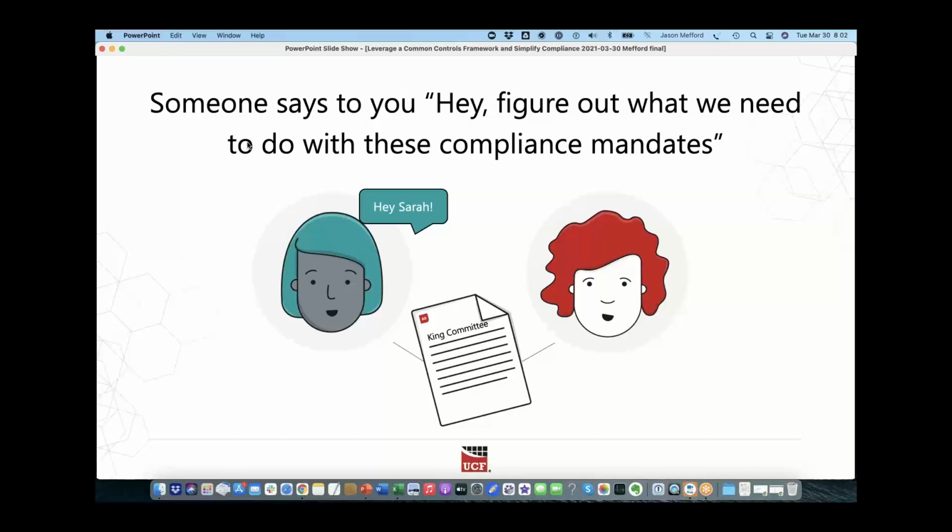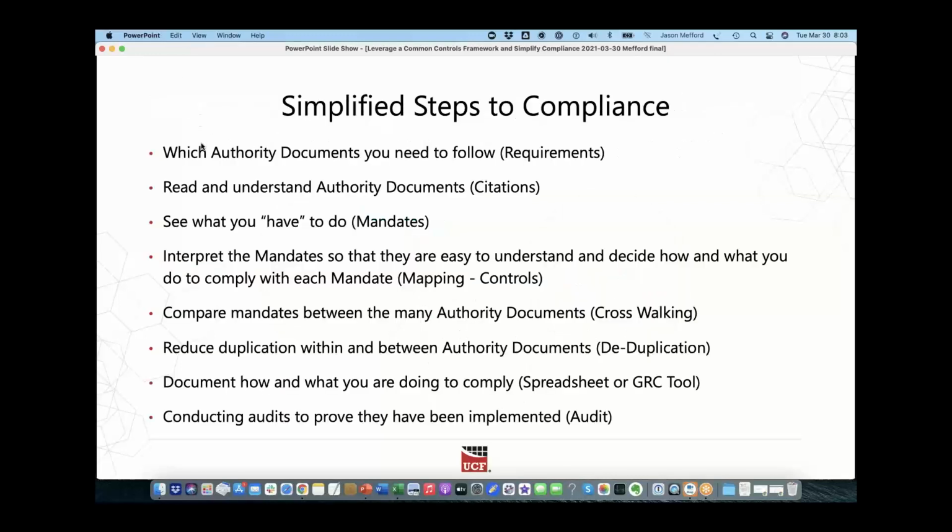Now, in your organization, it's probably not just one thing, but there's probably lots of different compliance mandates that you have to comply with. And so today we want to go through and show you some of the steps and how you can actually simplify, make it much easier for you, because I'm guessing, again, you probably already have a lot to do. So anything you can do to make it simpler and easier so you have more time, you're probably all over there, jumping around going, yes, yes, yes. Show us how to do that. So that's what we're going to jump in to talk about today.